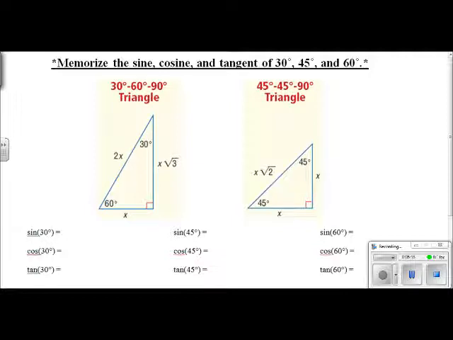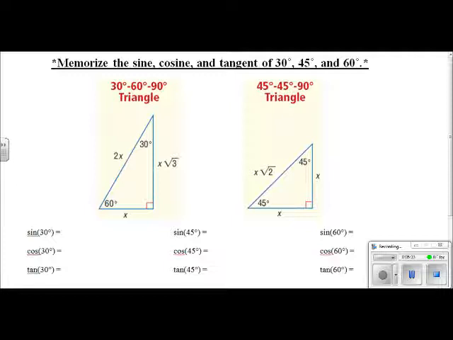The sine, cosine, and tangent of 30 degrees, 45 degrees, and 60 degrees will all need to be memorized. These ones you will use a lot, both throughout this course and other courses and beyond. As well, in real life, these